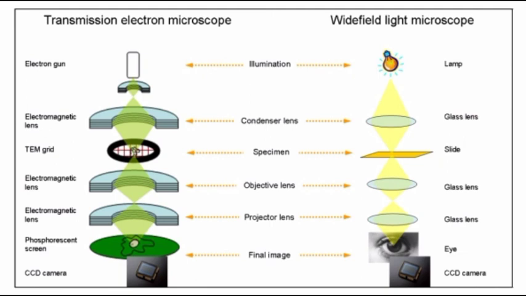Similarity of a transmission electron microscope with a wide field light microscope. An electron beam is formed at the tip of a heated filament. The electrons are accelerated with high voltage, 60 to 1200 kV depending on the type of TEM, and are guided through the electron microscope column by electromagnetic lenses. The beam penetrates and interacts with the specimen and leads to an image. The image is monitored on a phosphorescent screen or a specially designed CCD camera and recorded.